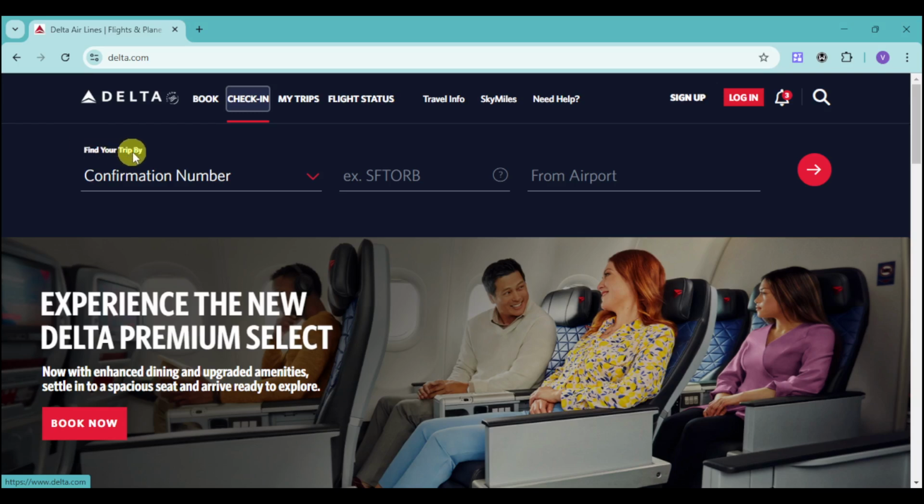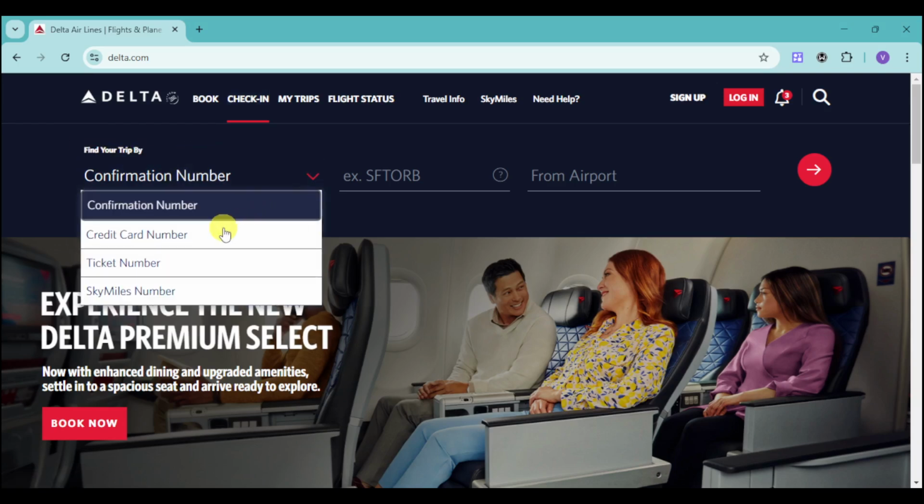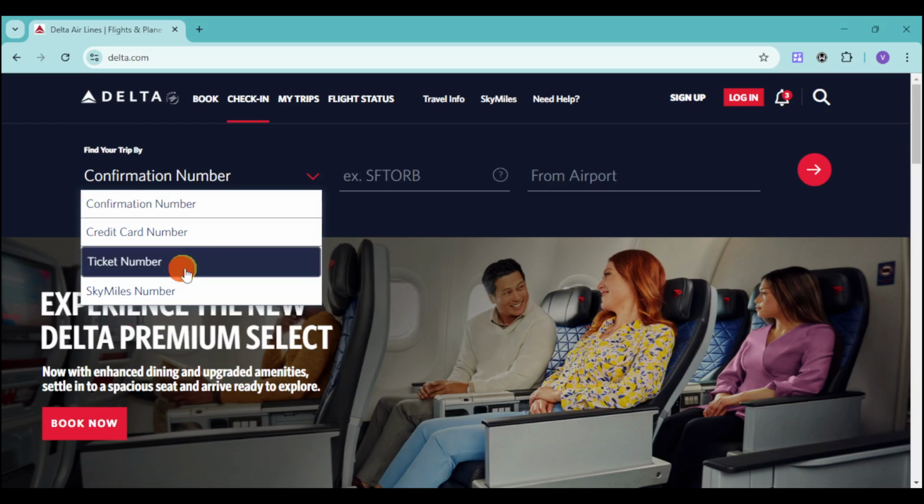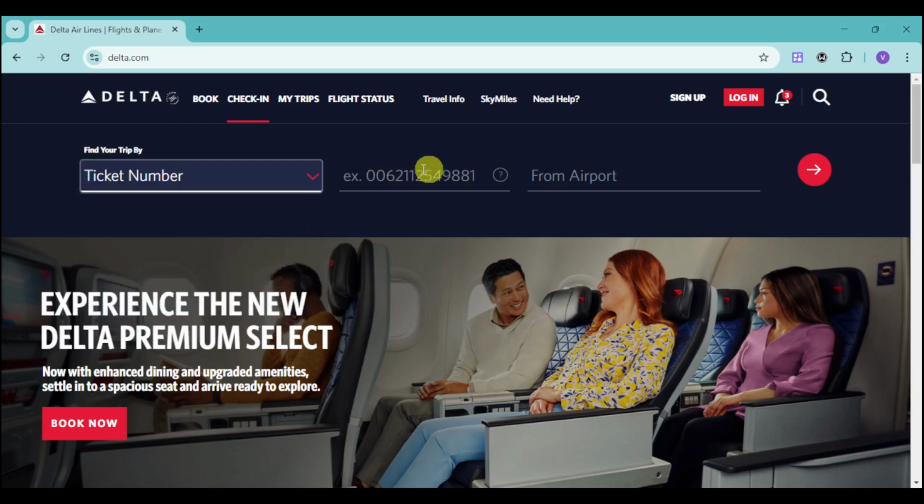Now, in here, you can see that you can find your trip by confirmation number. But if you expand it, you can also find it by credit card number, ticket number, as well as SkyMiles number. For example, let's just choose in here ticket number and then input right here your ticket number